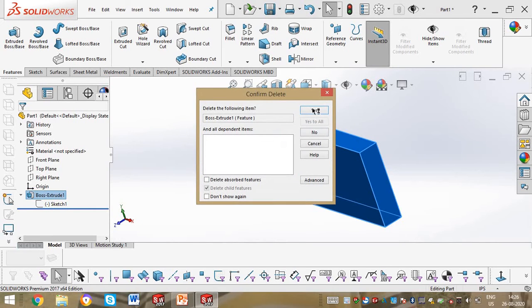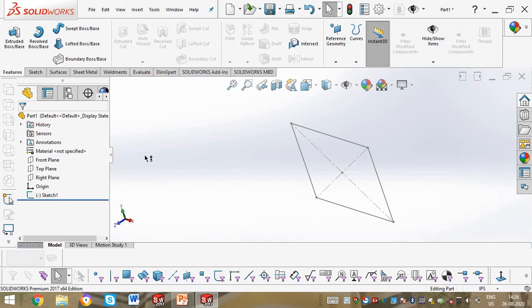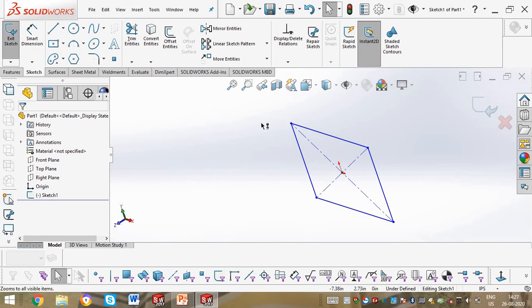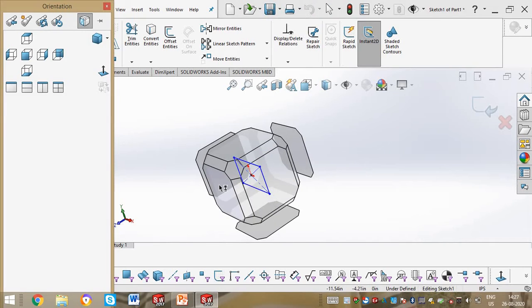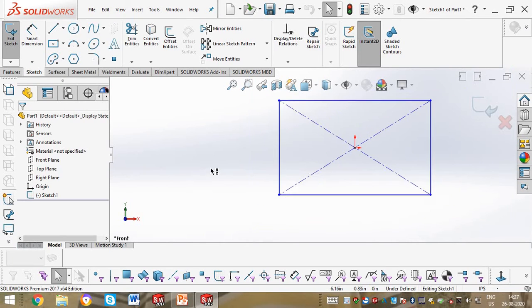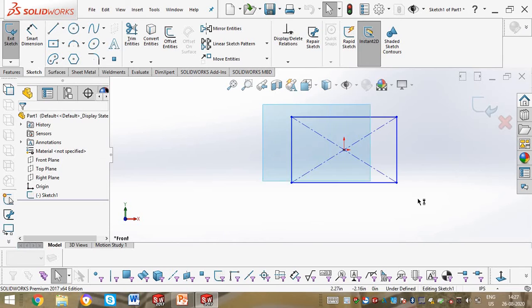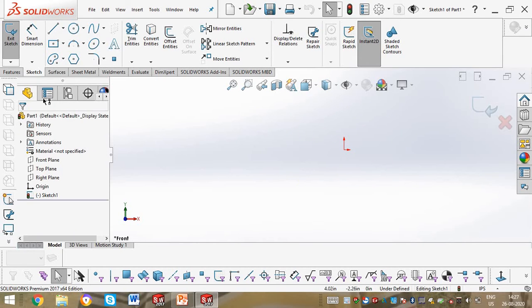This is how the boss extrude works. Now we will edit this particular sketch. I will delete this.